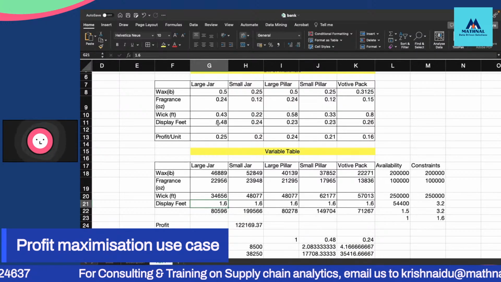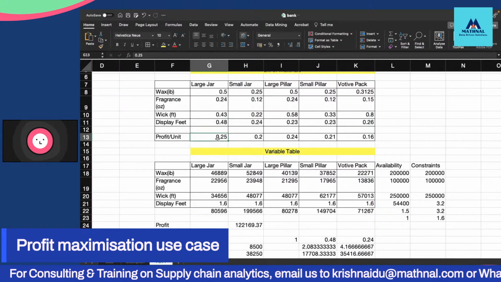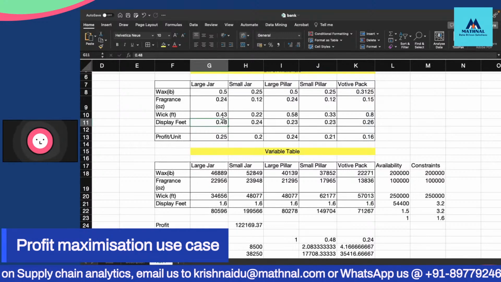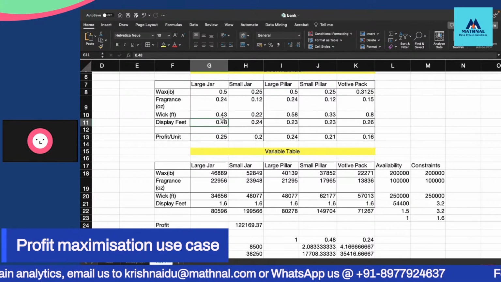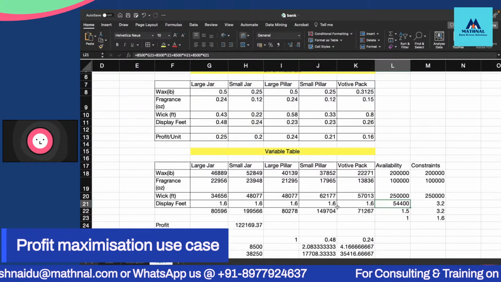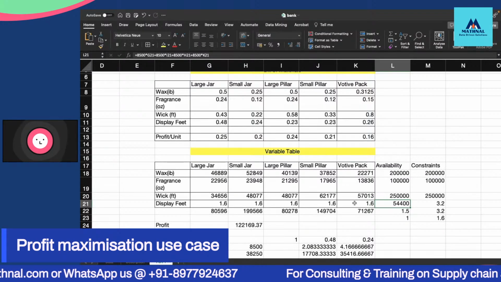This is 0.48. This is 0.48. So how many products can we manufacture? What we require is a constraint over here. How much is the availability? So 8,500 into